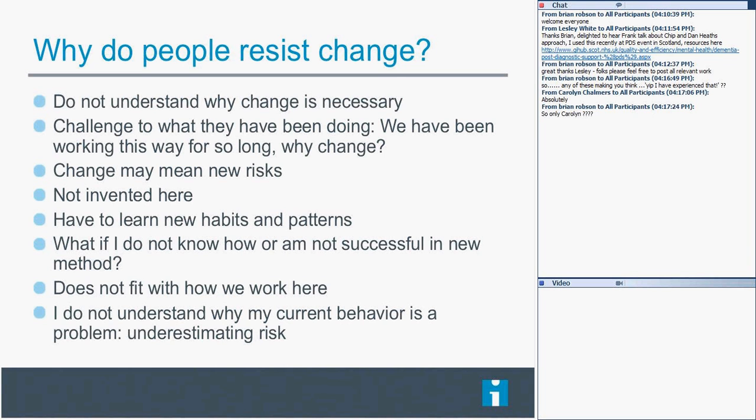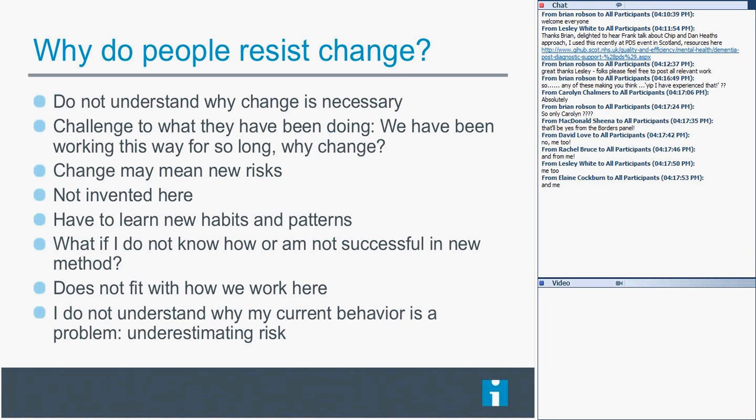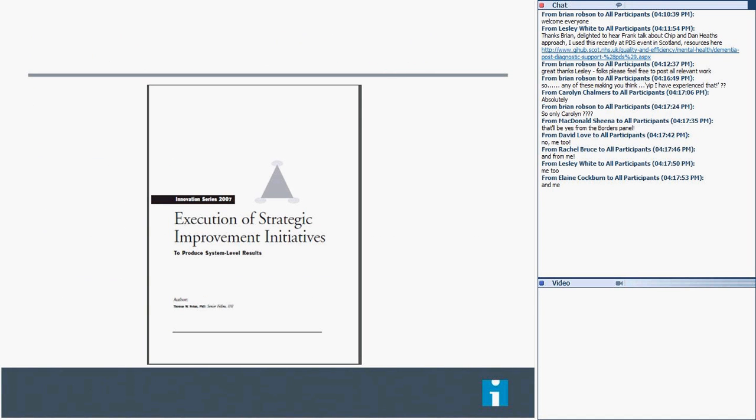And the last piece is that many times we don't realize the behavior that we are exhibiting, the modeling that we're doing. We don't fully appreciate the risk of what we're doing. It could be something as simple as hand hygiene, although hand hygiene is not simple. But when people do not use appropriate hand hygiene, do they really understand the risk that a patient is being exposed to because they're not properly washing their hands?